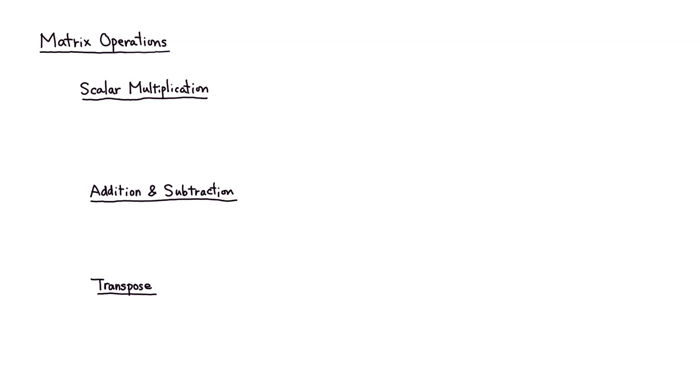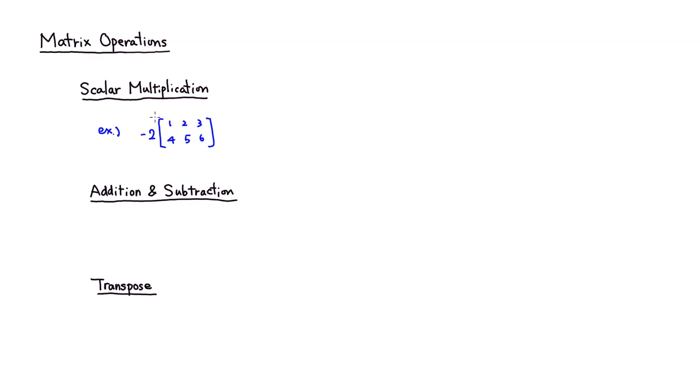All right, let's look at some simple matrix operations. First one, how do we multiply a matrix by a number? So, scalar multiplication. I'm just going to do an example. It's so much easier to just dive right into an example. So for example, if you have the matrix 1, 2, 3, 4, 5, 6, then say you want to multiply by